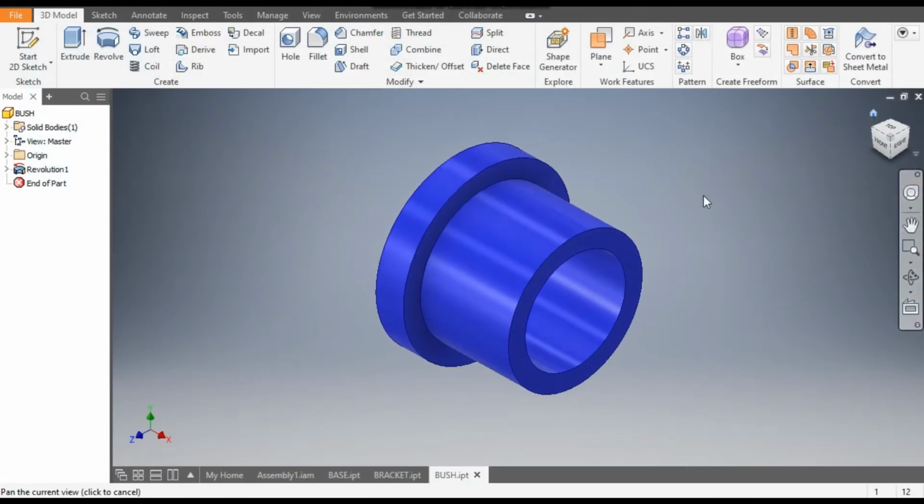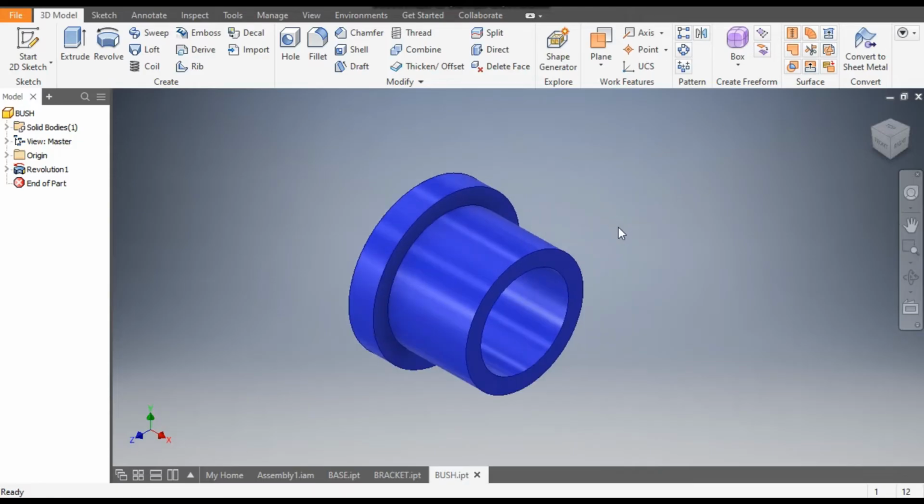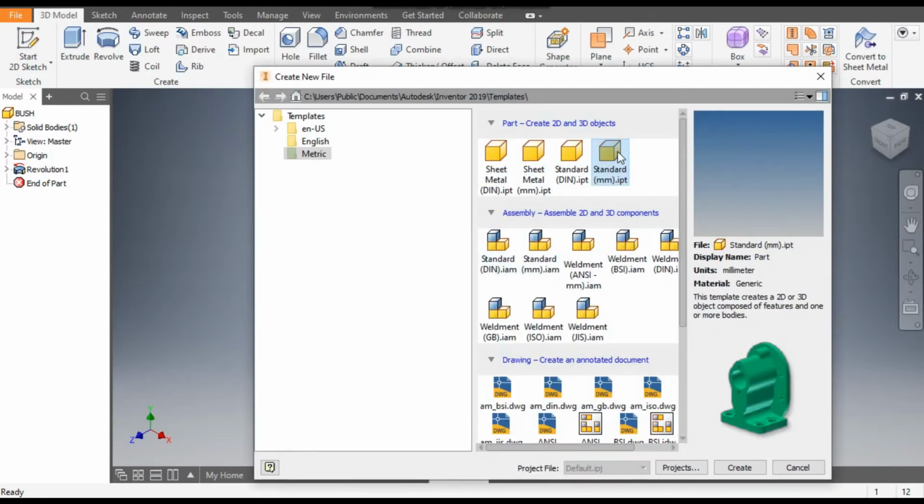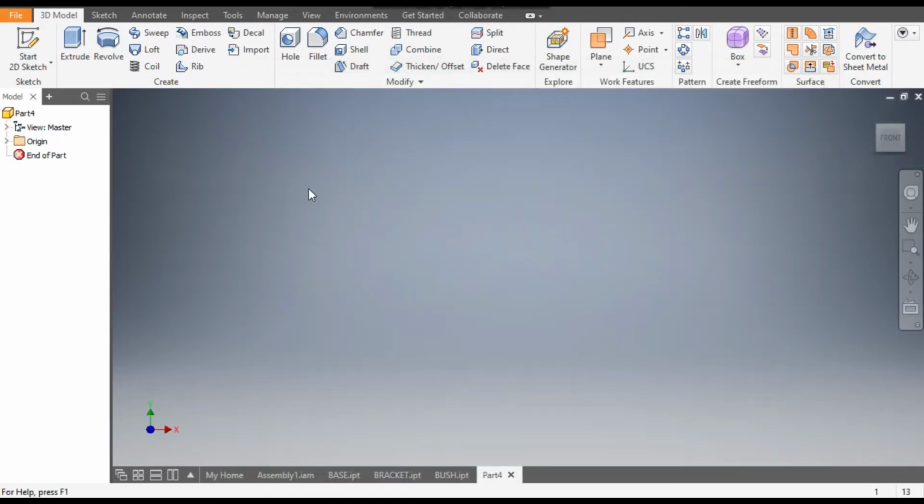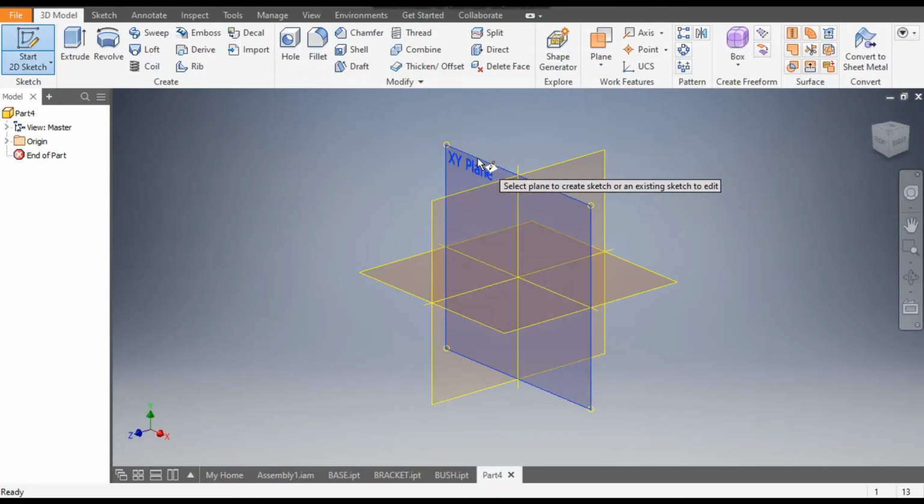Go to home view. Now we will make the next part, the shaft. Go to new, take a standard part in millimeter and create. Go to 2D sketch, select the XY plane,